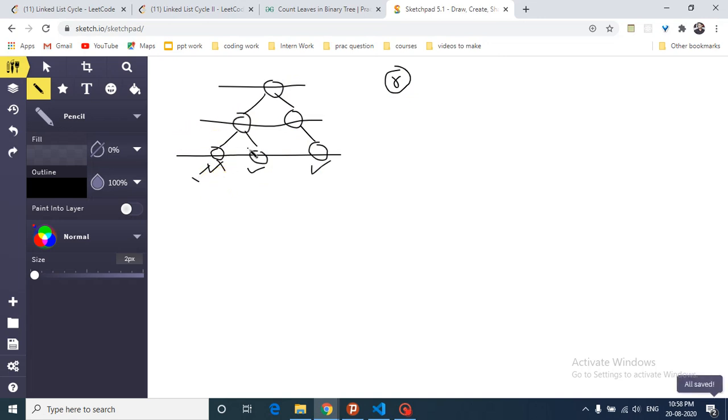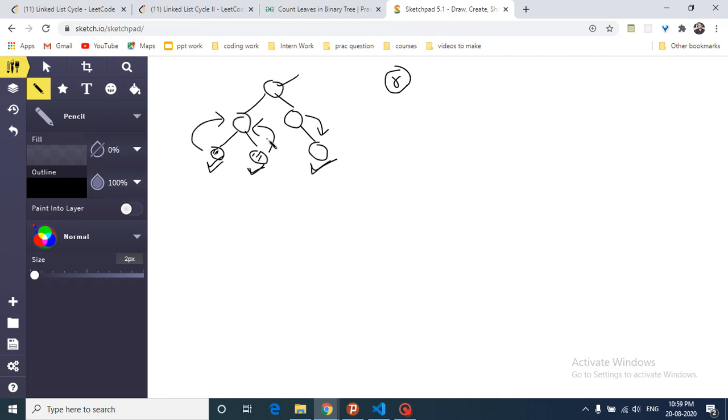But for recursive, it's very simple. You start from the top node. For every node, you check whether both of its children are not there, and then you state that yes, this is a leaf. If you found a leaf, how can you pass this information above? It can happen that a node has only a right child or only a left child, or no child. If it has no child, then it's a leaf. If it has one child, then you have to go further down.